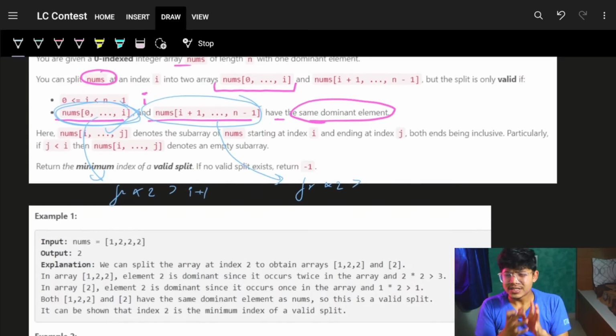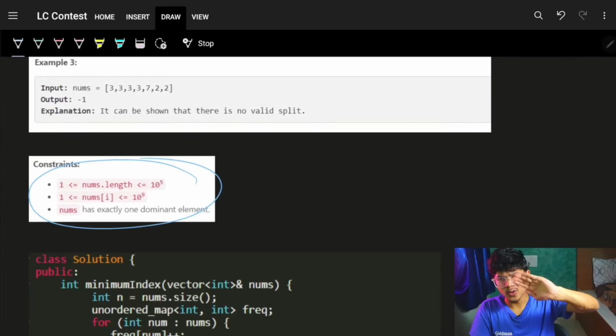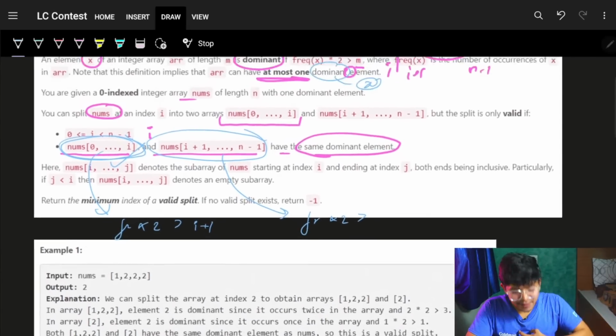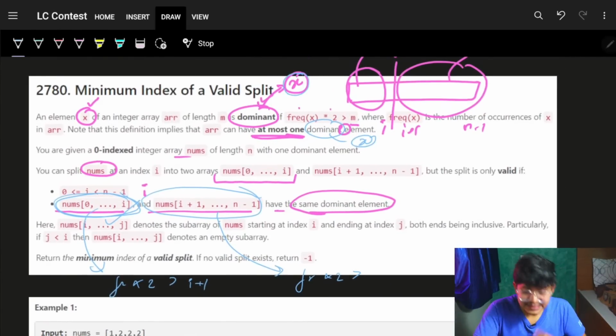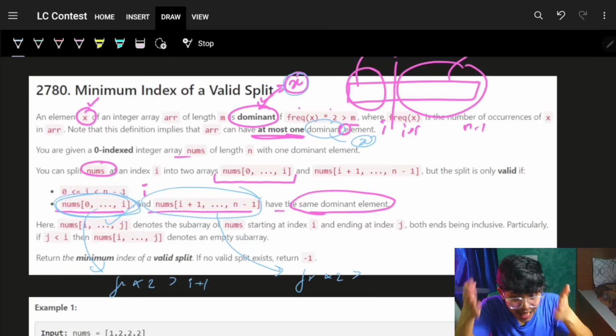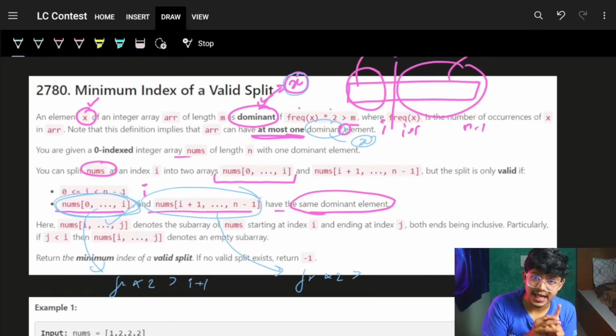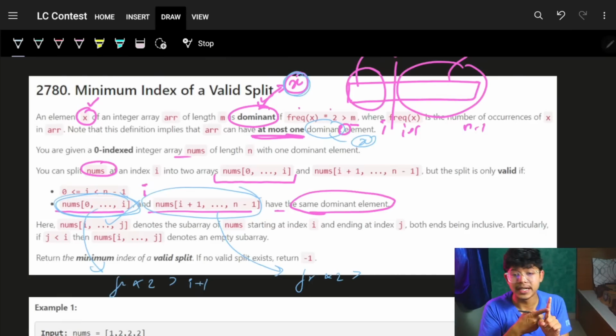Cool. That is how you can simply solve it. As simple as that. Constraints are pretty simple. Just saying O of 1 is 5, which means what I will do is, I know X is the dominant element. So firstly, I will go and find what actual element is the dominant element in my entire array. And when I've got X as the dominant element, then I can just